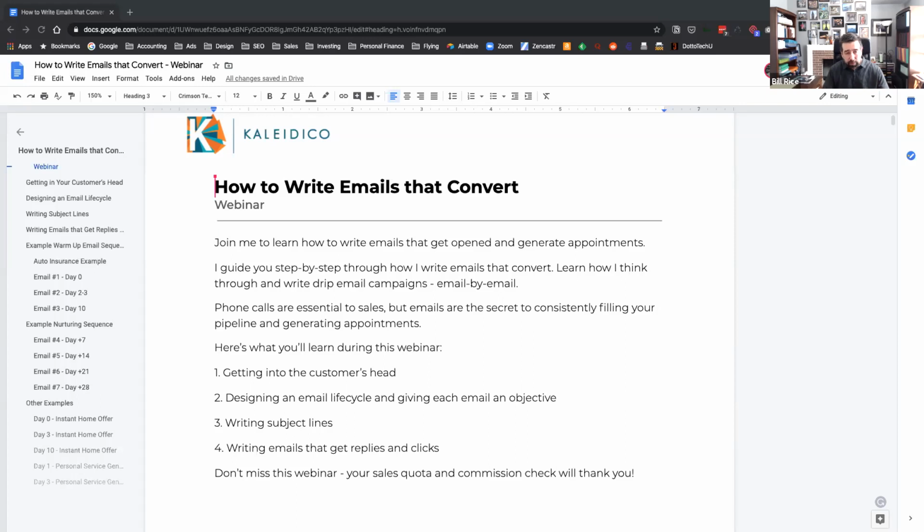Still encourage you to take notes on things that are particularly relevant to you. I thought I would do things a little bit differently instead of the typical PowerPoint presentation. I'm actually going to run this straight out of Google Docs, because one, it'll be easily packaged up for you, and two, as you can see down through my outline here, I'm going to show you a lot of very specific examples of emails that I've built